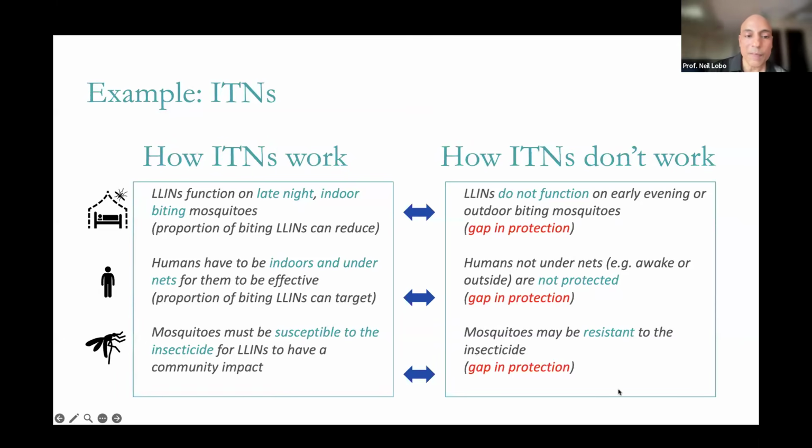So if we understand the left side, which is what stereotypically people do, and we complement it with what happens on the right side, how they don't work, we are doing better than most, as I mentioned. That would ideally be how we would function. And technically, we can do this with how normal entomological surveillance is conducted. We don't really have to adapt much. We just have to continue doing what we're doing, but with this at the back of our minds. The question is understanding how does my intervention function and how it doesn't function.